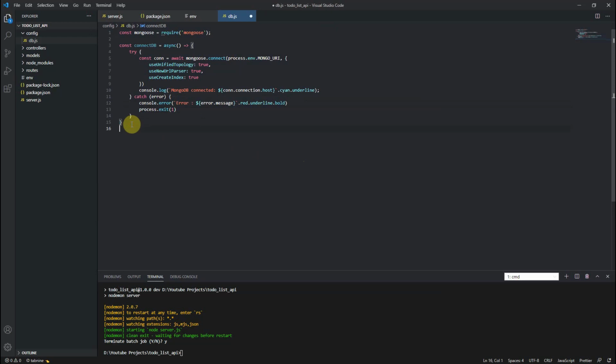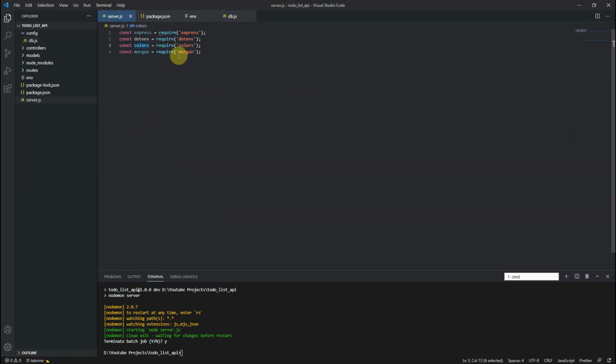So we need to just export. Yes, we need to export. So module.exports equal to connectDB. Okay, then we need to bring it in.